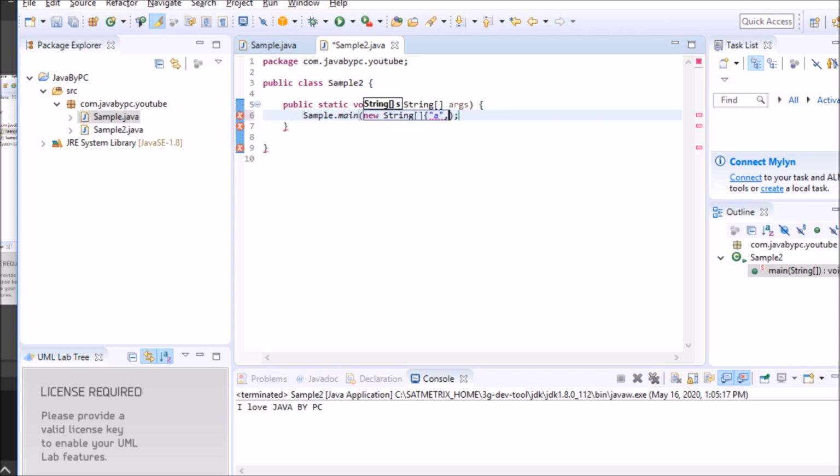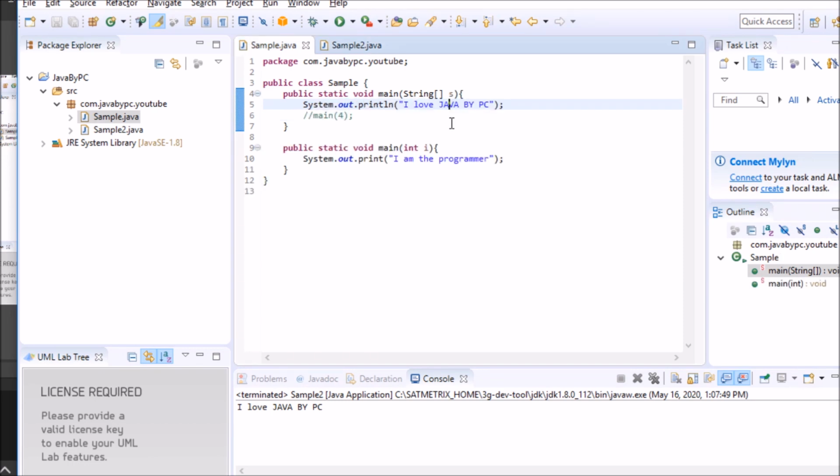We will take this up in the further tutorials. It's not giving a compilation error, so it seems we can call the main function, which is called by JVM, also. Let's run it. Yeah, it successfully ran. So we can call the main functions explicitly also.